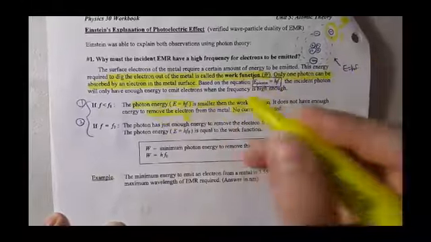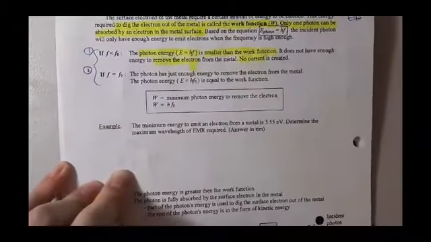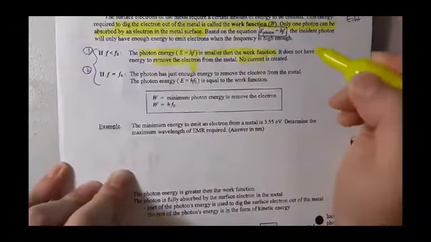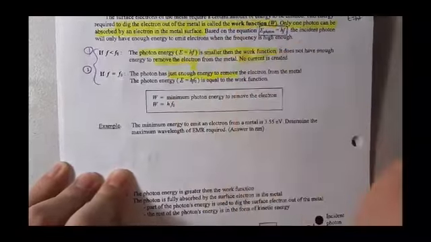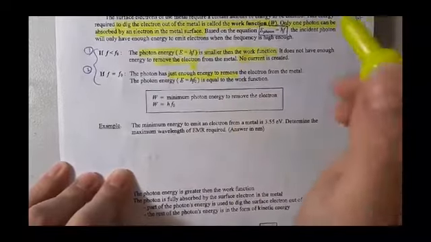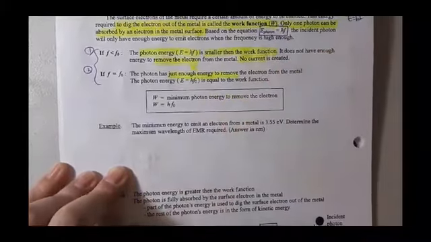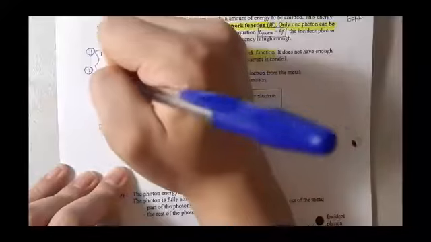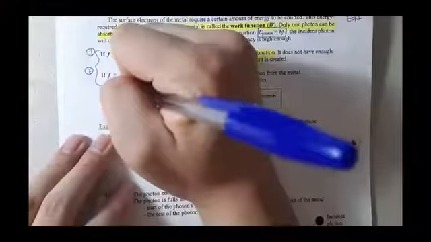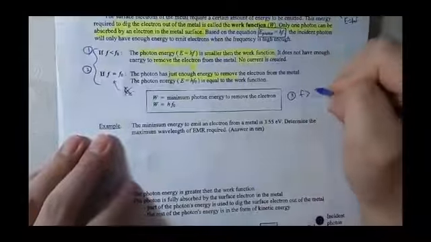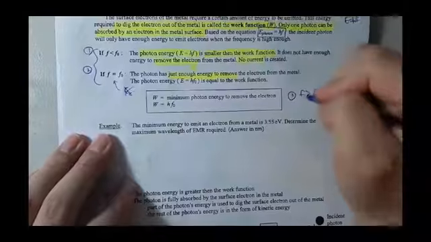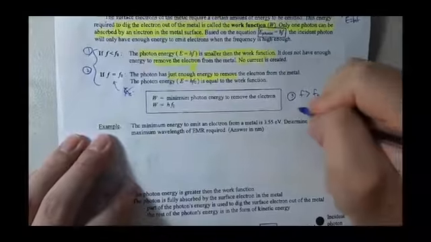However, if f is exactly equal to my fundamental frequency, then what's going to happen is just enough energy to remove. So whatever number bigger than that will now go to electrical energy. If it's f equals f0, you technically have no electrical energy at this point too, which leads to our number 3. What if frequency is bigger than the fundamental frequency? Well, then it actually works because